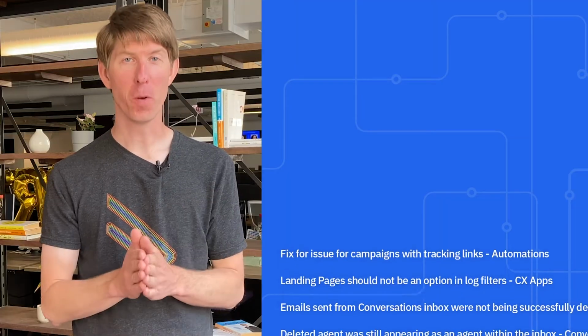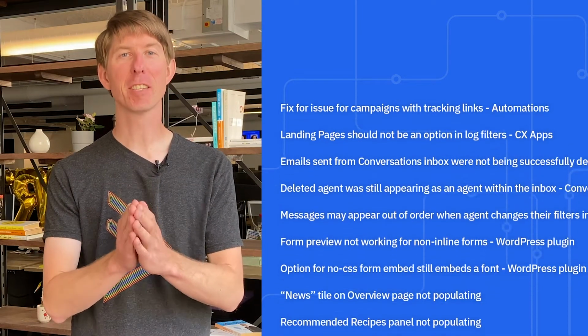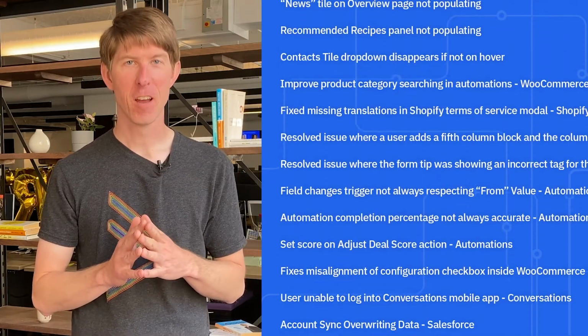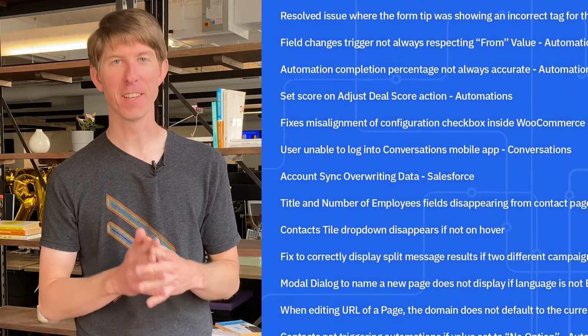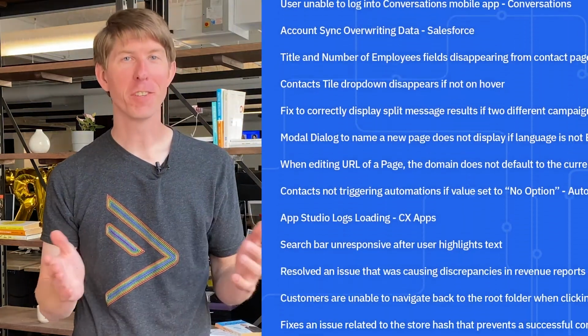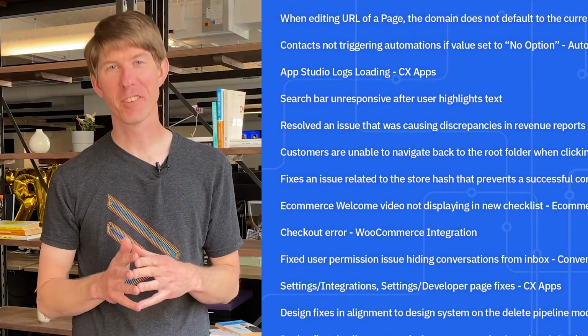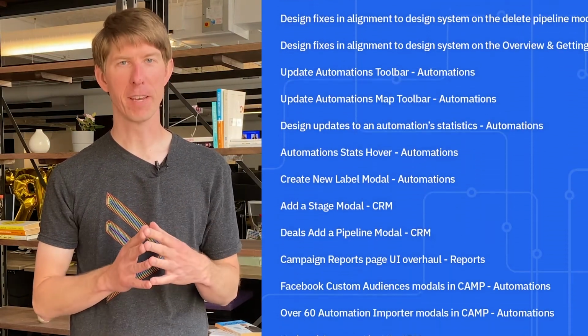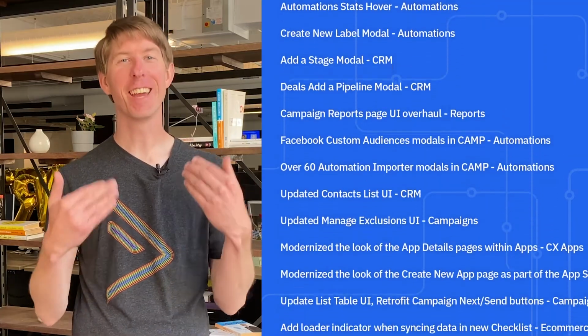Last month alone, we released 36 performance improvements and 21 design enhancements across several different areas of our products. Automations, CRM, conversations, our Shopify integration, our WordPress plugin. The list goes on and on. We are always enhancing our platform's speed and usability alongside all the new features and innovation that we deliver every